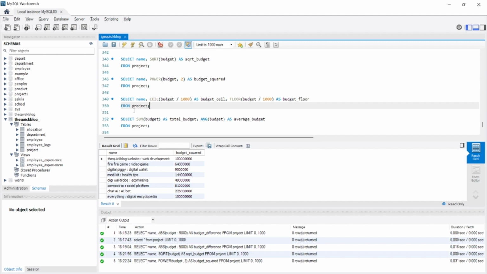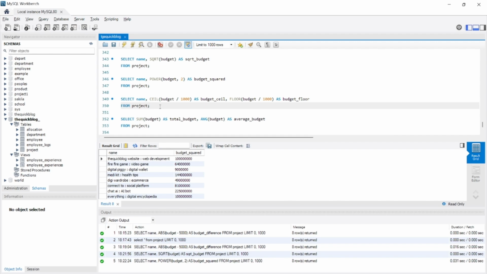So basically CEIL is used to round up the number in the increasing order. Suppose there was a value, let us suppose it was 4.3. If the value was 4.3, then as per our basic understanding, it should round to 4. But if we use CEIL, then it will always go up when rounding the value, so it will show us 5